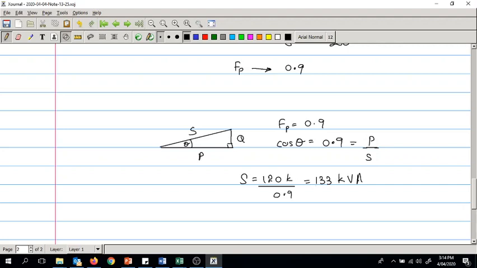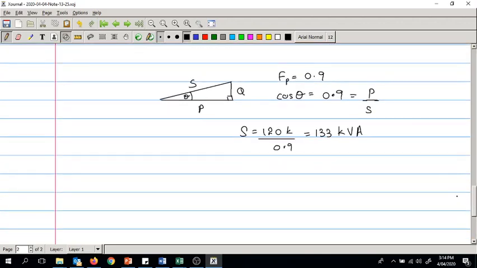133 kVA. That is our S, right? So to have that S, what is the required Q, right? S squared is equal to P squared plus Q squared, right? So our new Q squared is equal to S squared minus P squared, which is 133 squared minus 120 squared, equal to